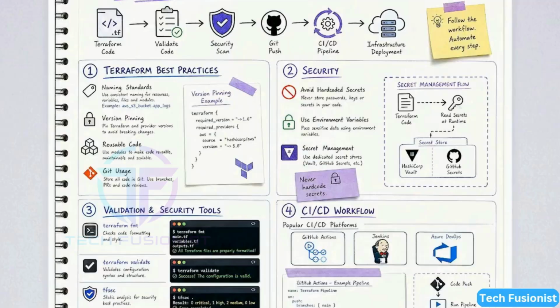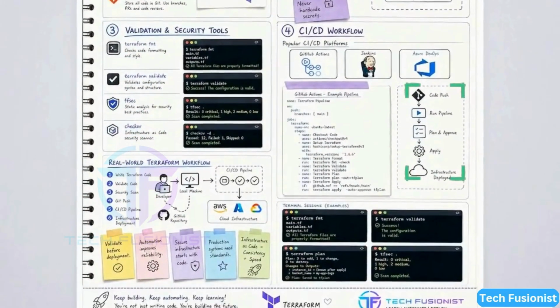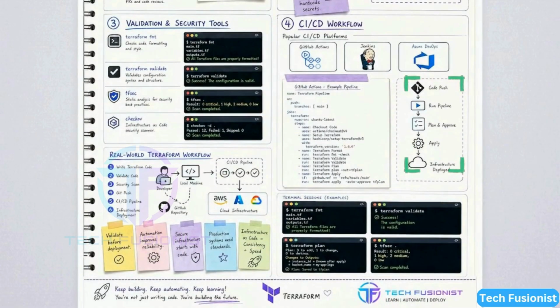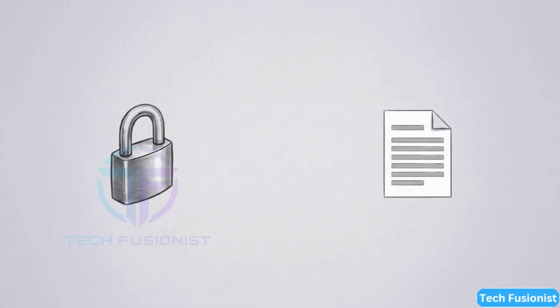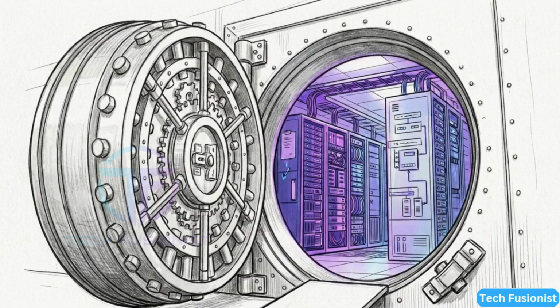Before taking a system live, you need professional safeguards, like never writing passwords directly into your blueprints. We also add an automated workflow. It acts like a robotic assembly line, inspecting code for errors and testing it safely before going live. By hiding your passwords and automating your quality checks, your code becomes highly secure, entirely predictable, and fully ready for